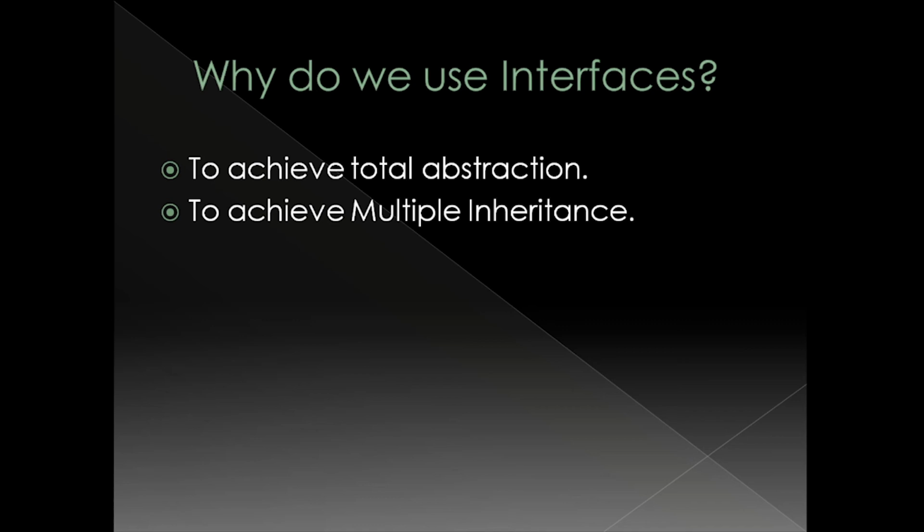So this is very important when you have class A and class B and you would like to have class C that is inherited from class A and class B. So that is not just possible by using general inheritance, what we did in case of multi-level inheritance or hierarchical inheritance or any other type of inheritance. So multiple inheritance can be achieved only using interfaces.